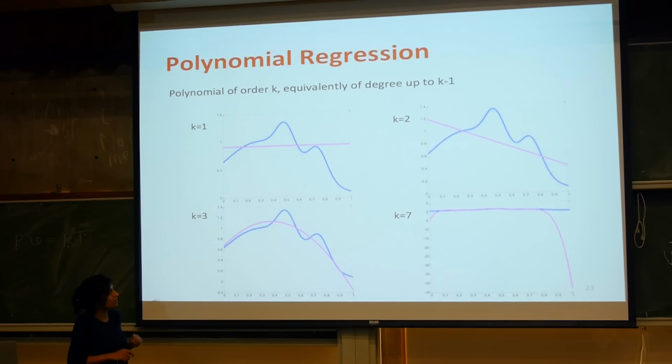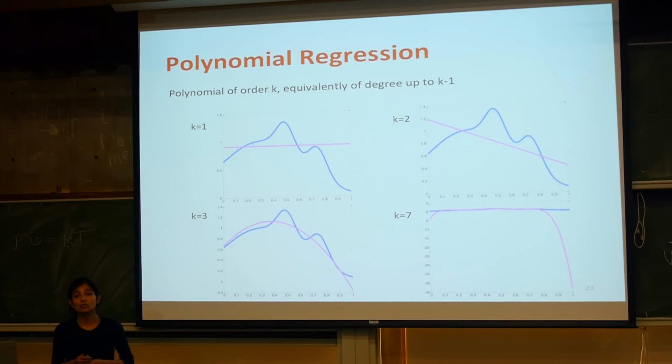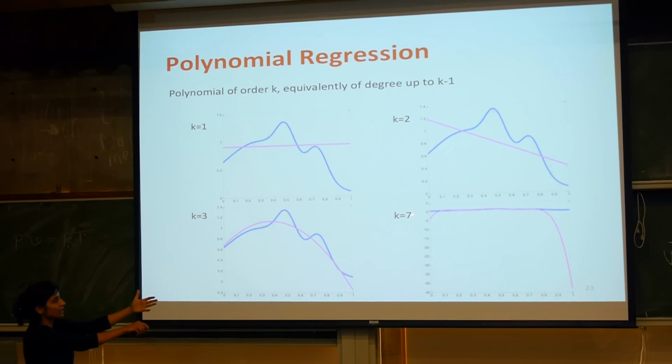But as you get to higher order polynomials, if you zoom in on this part, you're fitting this curve pretty well, but then you are incurring a large bias because at other places the curve goes up and down and can have lots of variation. We'll talk about bias and variance a little bit in the next class, where you will see that as you use more and more complex models, you're able to reduce your bias, but your variance means: if I give you a different set of training data and you still fit a k equal to 7 model,